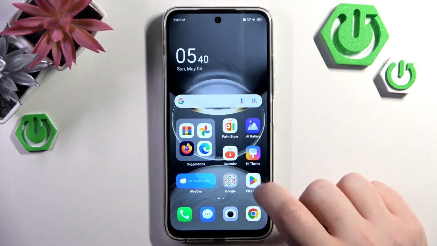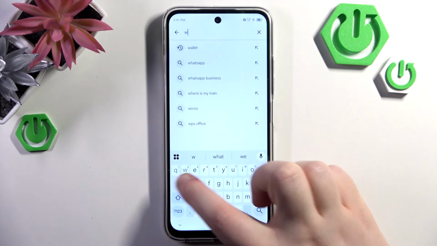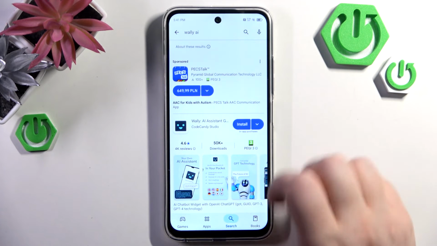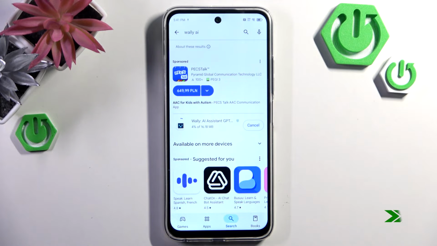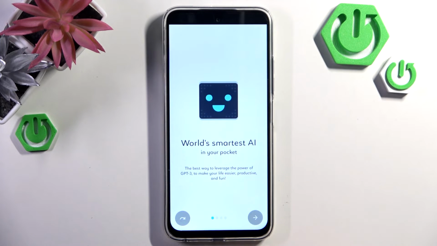So you have to start by opening your Google Play Store, then click on the search bar and type in Wally AI and click search, and then click install. Now click open, then click on this button to skip introduction,